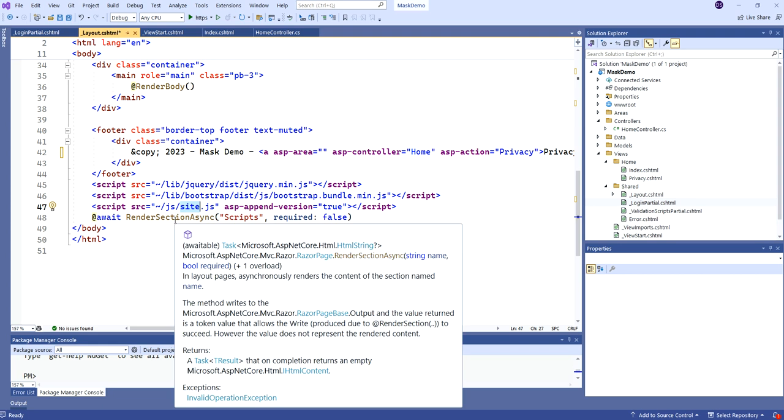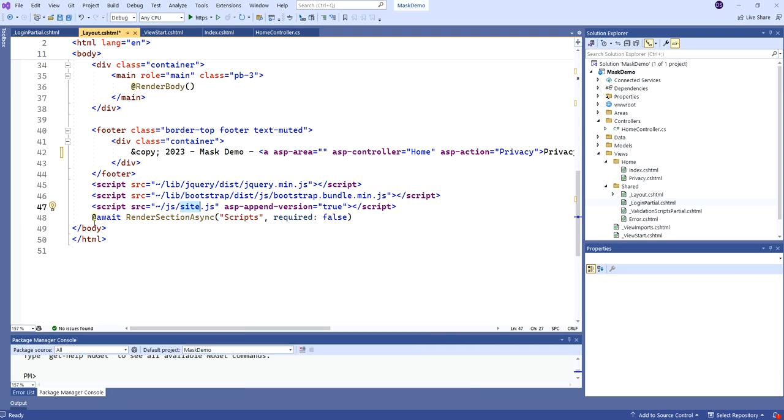But there's also this render section. Okay, this is Razor code. So basically, later on, we'll be doing this. We'll be creating our own scripts or adding our own script sometime to the script available on a single page,